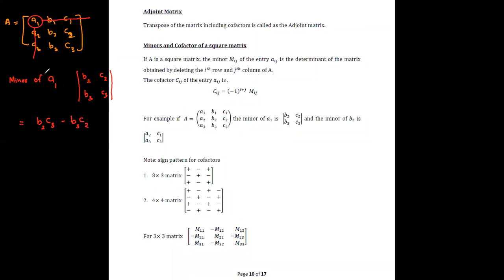Therefore, to obtain the minor for each and every element given in the matrix, what you have to do is first cut off the row and column associated with the element selected, and then take the determinant of the remaining elements. If I take another example for this, suppose that I am selecting